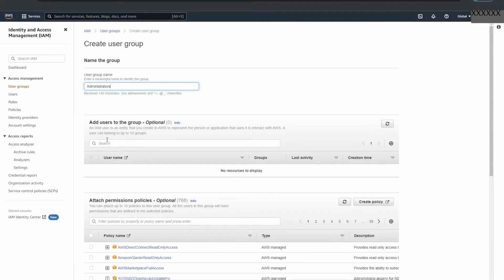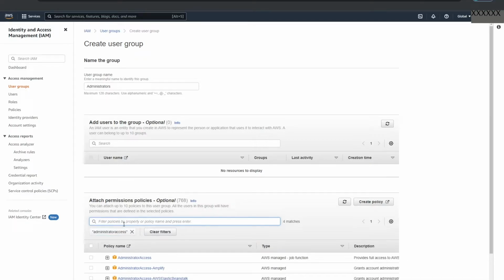The next step in the process would be to attach permission policies. I'll click in the box to filter for the different policies that are available, and I'll type in the word Administrator Access. I'll press Enter to search, and you'll notice the Administrator Access permission created by AWS appears in the list below.